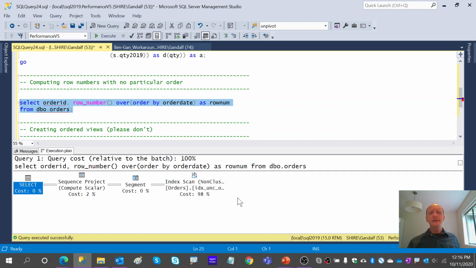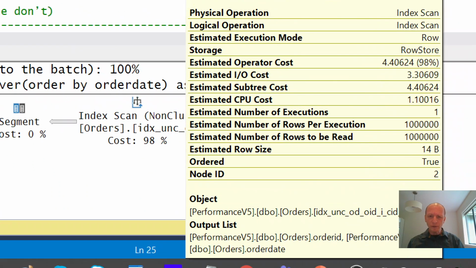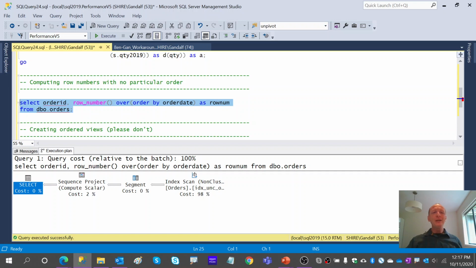And as you can see, the optimizer says, you know what, I found an index that happens to have within it, let's see which columns. Actually, it's not even the clustered index, it's a non-clustered one, but it has order date, it has order ID, it has customer ID, it has employee ID. It has a bunch of columns that are completely non-interesting for this specific query. It didn't choose to use the much smaller index that is defined on order ID alone. Okay, so anyway you look at it, basically we're forcing the optimizer to choose a plan that is not really ideal.